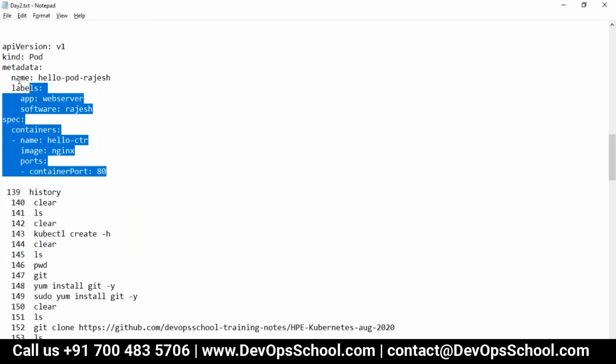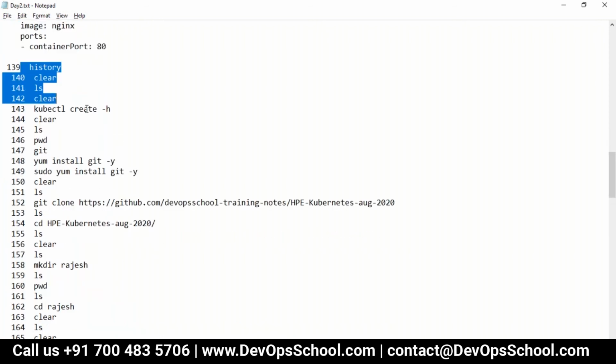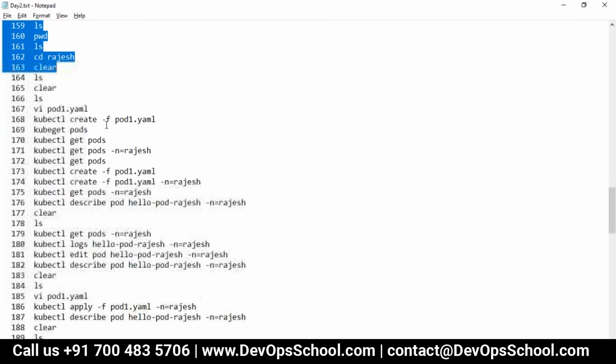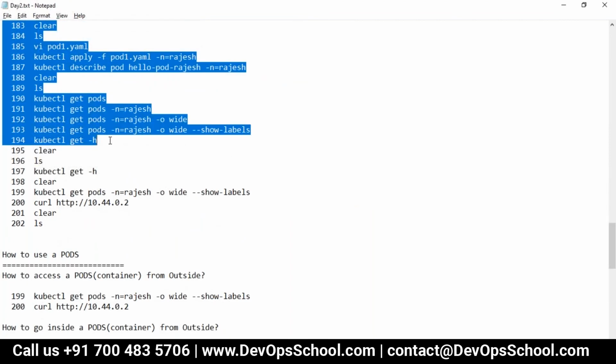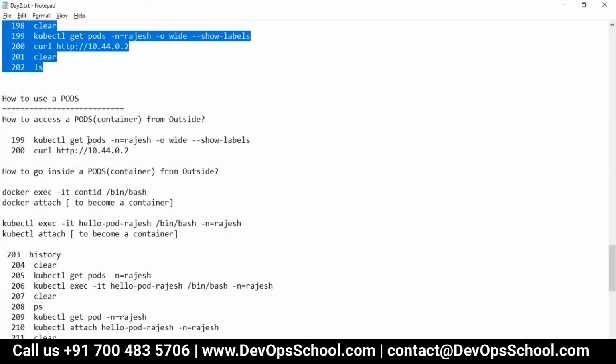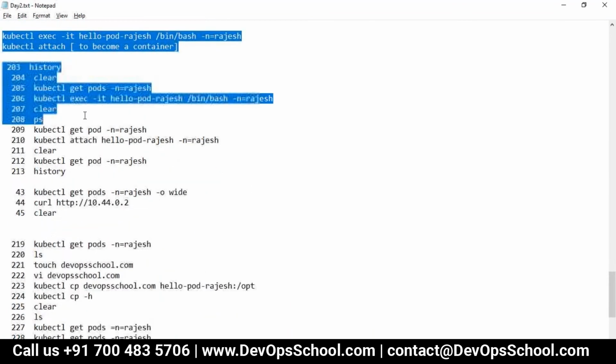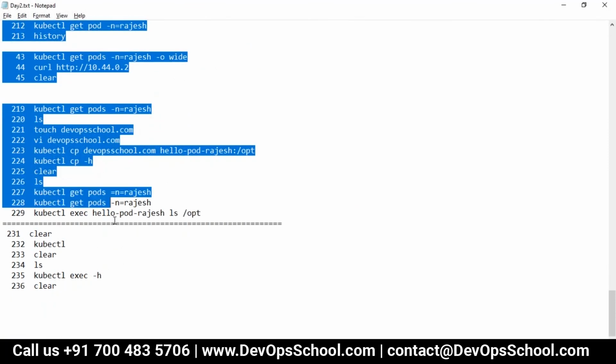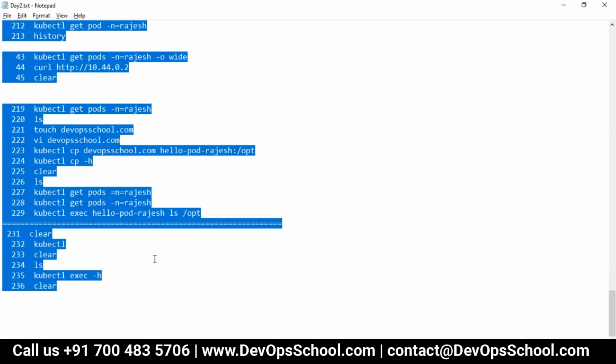We found out there was no option but to create it through a YAML file. The command was not supported. We started working with the pod, namespace and all the stuff like that, and then here we used pods in different ways. Be cool, be calm, be slow, and do that with peace of mind. Don't try to copy paste and run it, because each command has been made for my namespace and as per the explanation. So please understand that.